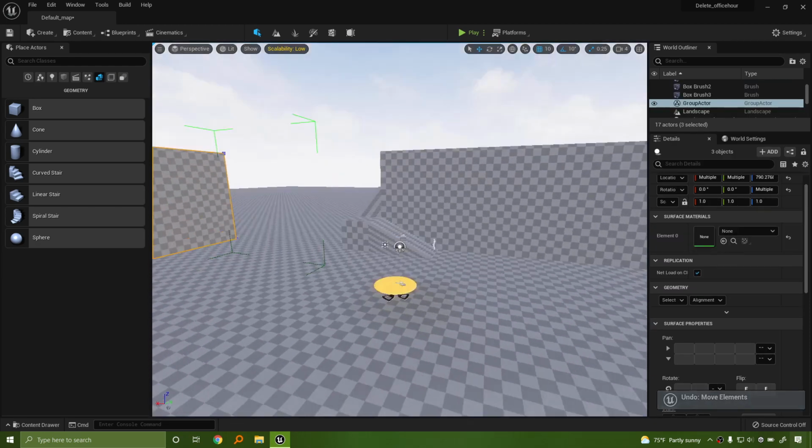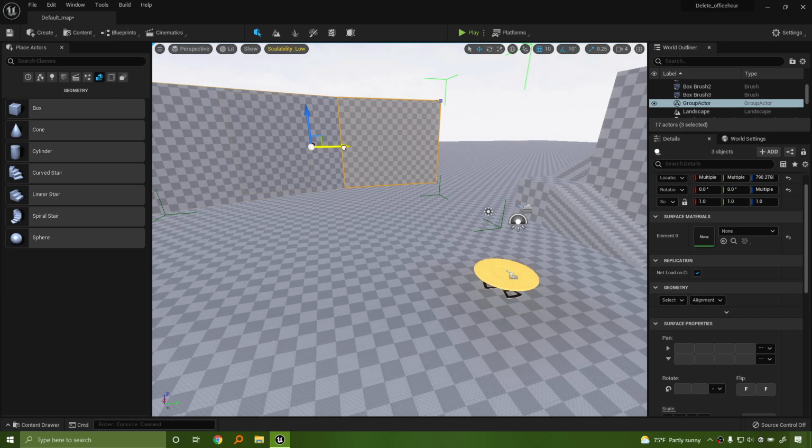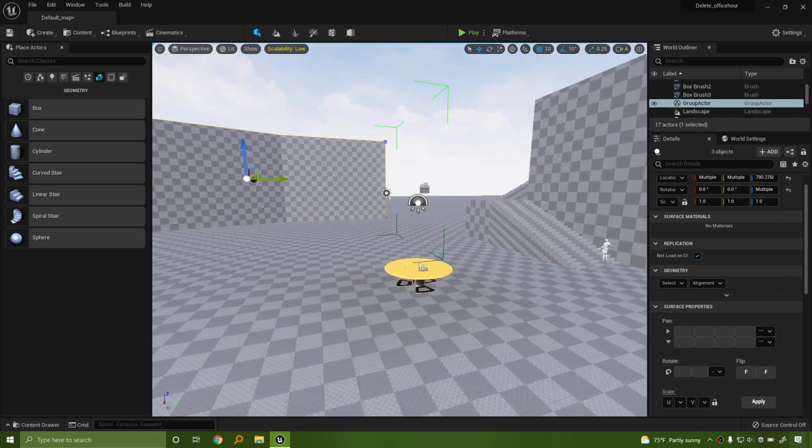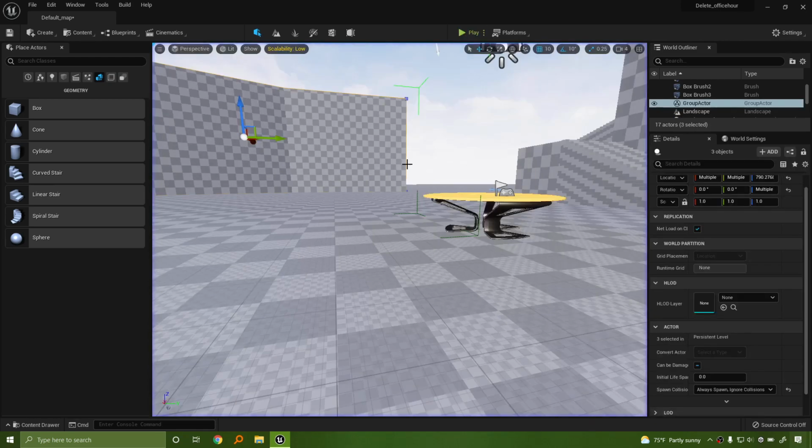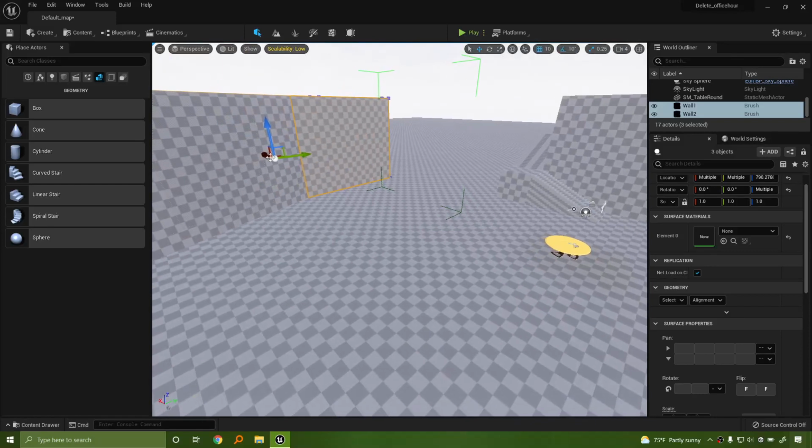Cool. Let me get an idea of where everything is. I'll play to see what I can see. We're getting a little bit too big here, so let me go ahead and bring this in a little bit.